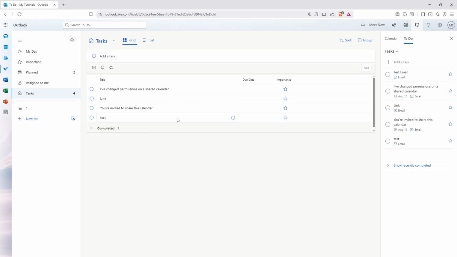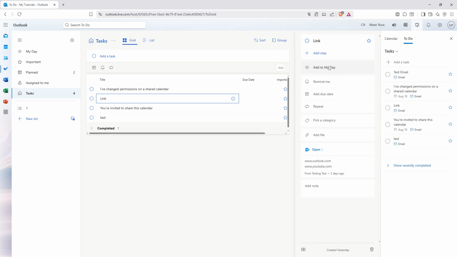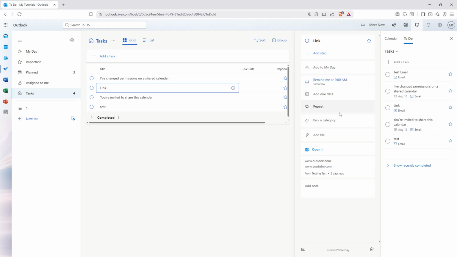Here, look for the option Remind Me and click on it. You will then be presented with several options to choose a reminder date. Options like today, tomorrow, next week, or if you prefer, pick a date, allow you to customize your reminder to suit your schedule best. Now, let's shift gears a little and talk about setting a reminder for a calendar event,